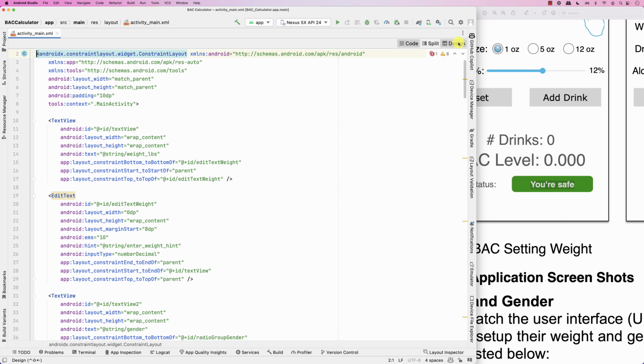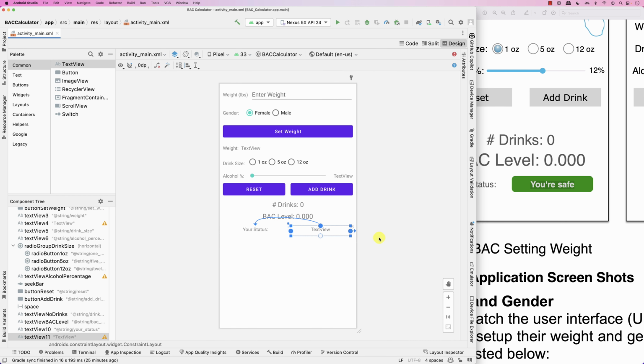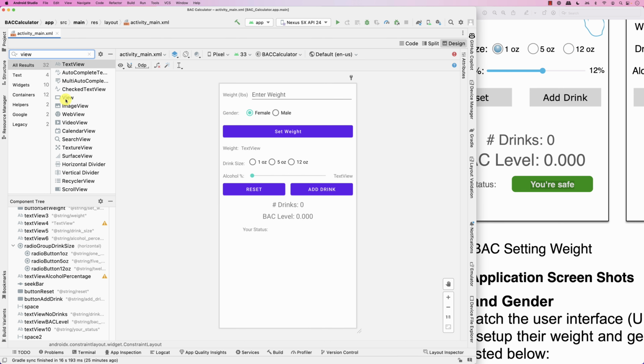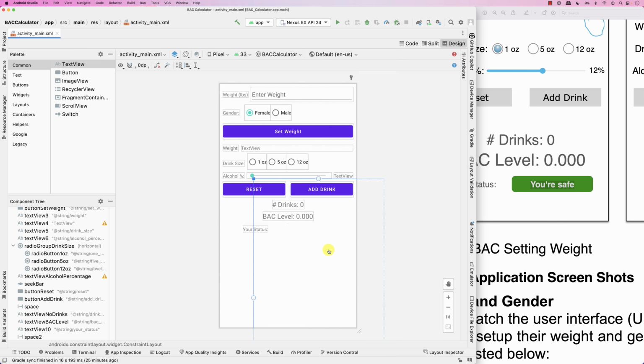Okay, so now let's go back to the design. Instead of this, I'm going to delete it, right? I'm going to add here a view. Here's a view. It's an empty view. It's a huge view, yes, but we can make it smaller. All right, here is the view. Let's say we take this one to the top of the space, and then this one goes here, or maybe we take it here,